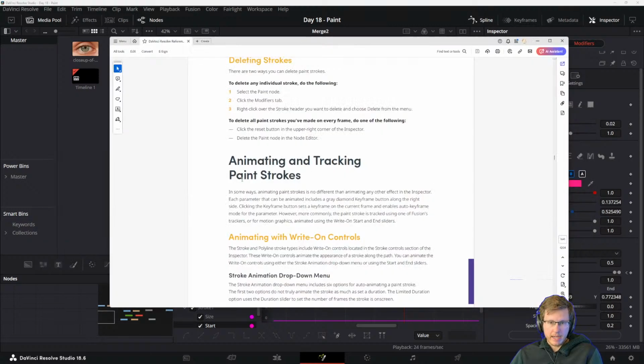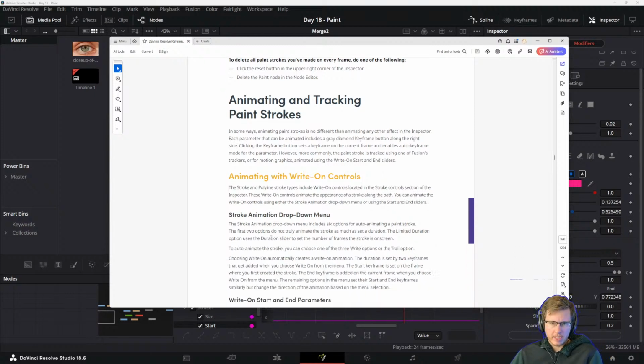Animating and tracking paint strokes. Ooh, next level. In some ways, animating paint strokes is no different than animating any other effect in the inspector. Each parameter that can be animated includes the write-on, and we played with that. Animating with write-on controls, that's what we just did. The stroke and polyline stroke types include write-on controls